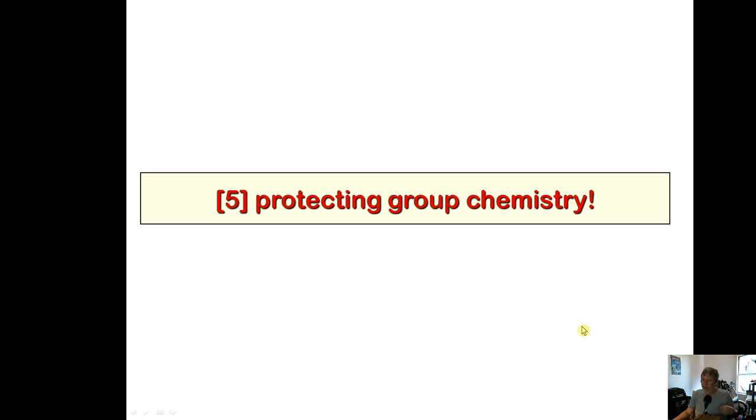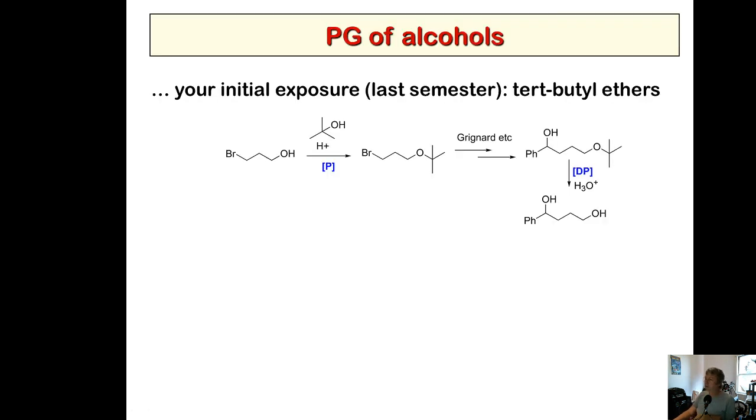Protecting group chemistry. Let's review what you know about protecting groups. Your initial exposure, which was last semester, was the use of tert-butyl ethers, and this was a great protecting group. It makes a tert-butyl ether with a protection mechanism. Why would you protect? Well, we have two functional groups, and often when you have two functional groups, you want to work on one and not touch the other. And so we protect the alcohol, make it a tert-butyl ether, and then